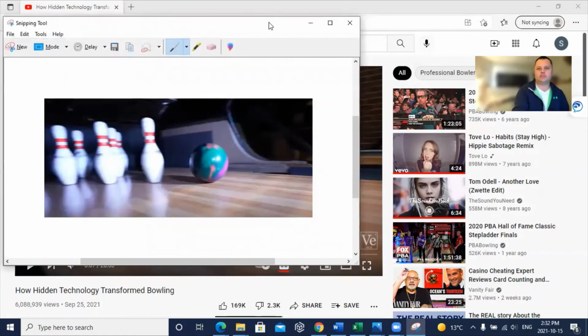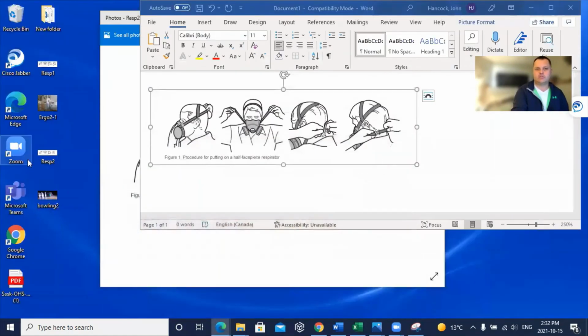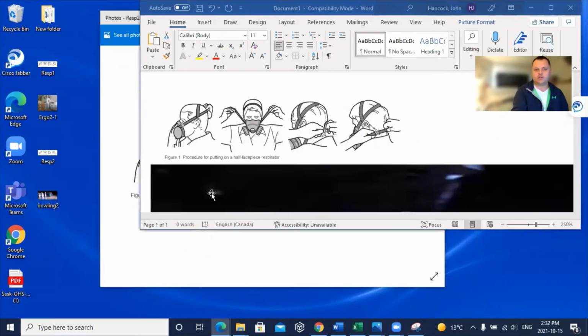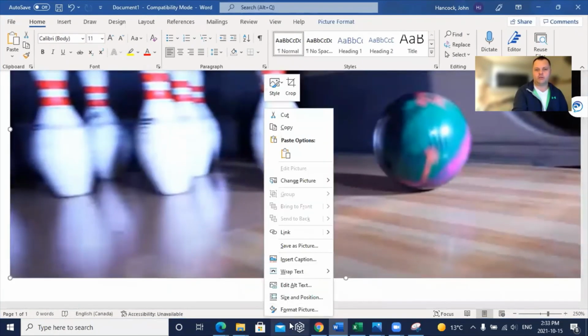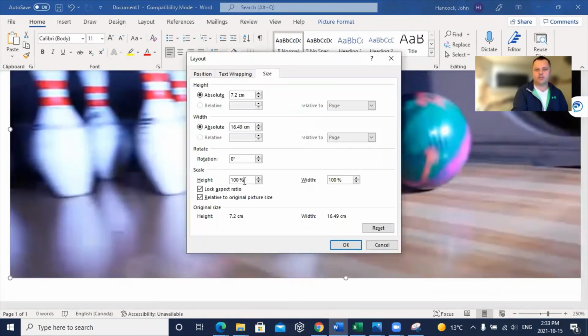And then that's there, and we can shrink this down. We see Bowling 2 here, and then we can transfer it into the Word document. And we see the photo is way too big, so we have to size and format this. So usually